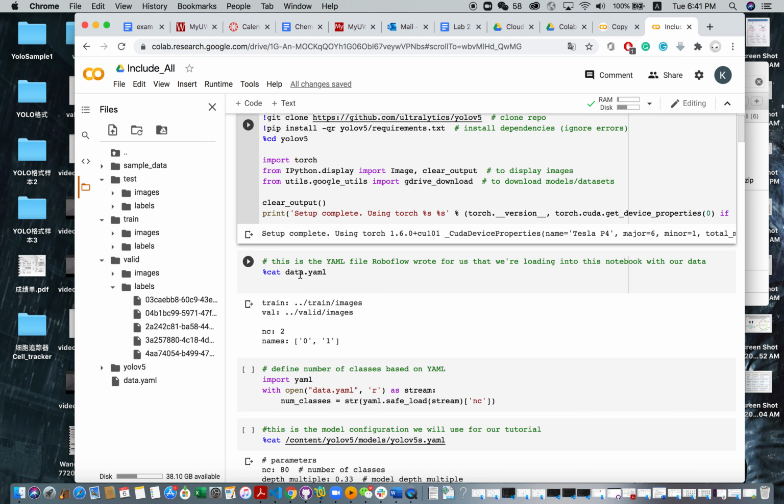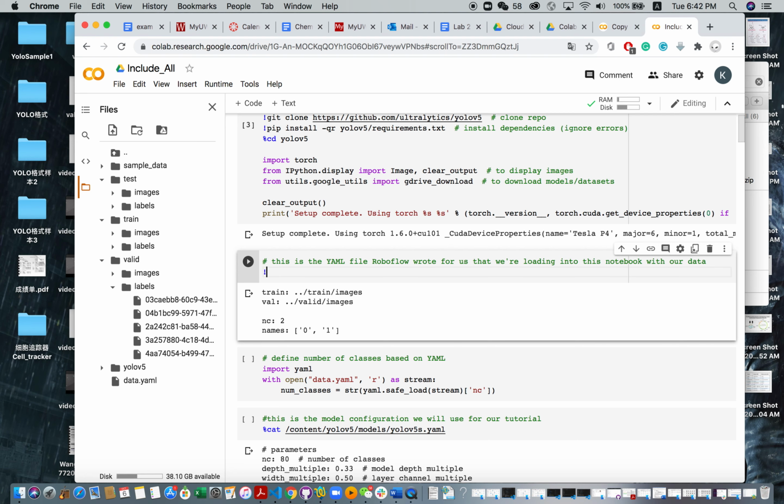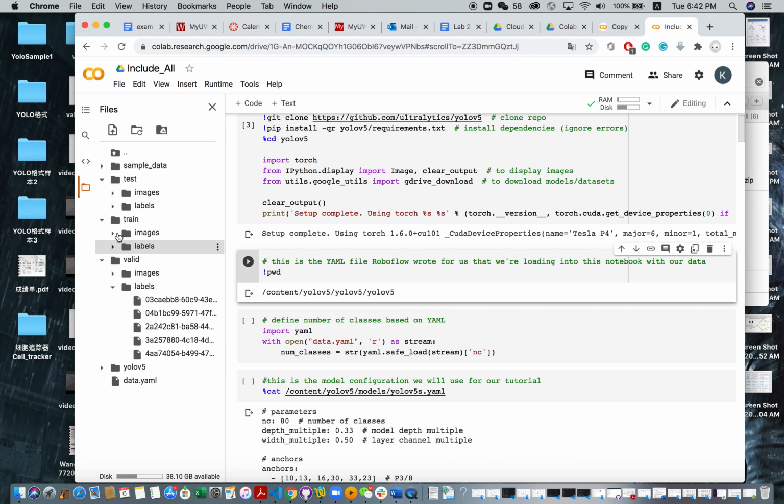And now what we need to do is to visualize, just to confirm, we actually have our YAML file. So what we can do is first check what is our current working directory, and we can do that by printing pwd. So our current working directory is inside